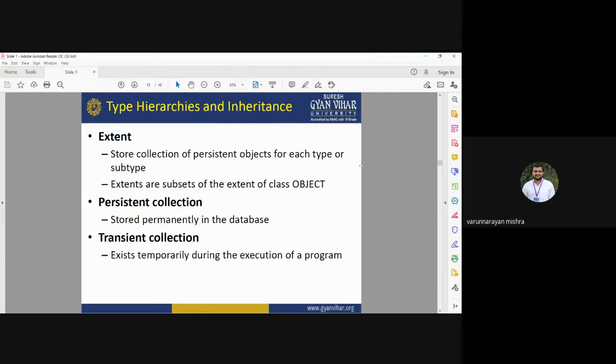So persistent collection will be the collection stored permanently in the database, and a transient collection exists temporarily. It exists for a period of time, and will not be available after the execution of the program.